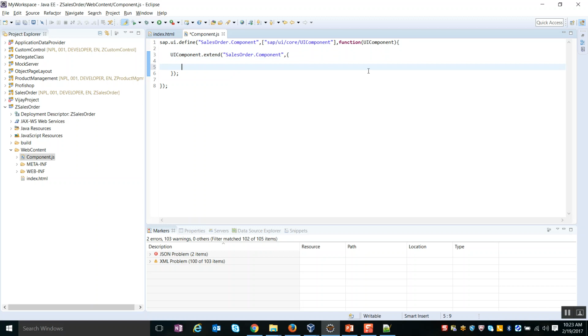And then what is the code block? Inside this code block, whatever things I wanted to overwrite from the basic class, I'm just going to overwrite over here. So for now, I'm just going to redefine this method called createContent function of your component, where I'm going to specify this method over here to indicate that I am overwriting this particular method. Inside this method, I'm going to define whatever content I wanted to be displayed as a part of this component.